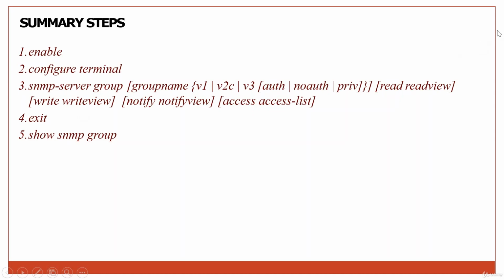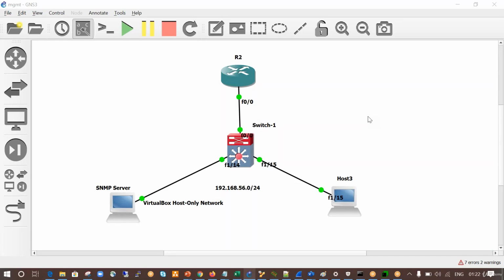So let me quickly log in to the lab devices, and let's perform the lab task related to SNMP. Here you can see the lab setup. I have a switch, actually all these devices except this SNMP server. The SNMP server is my local system where I have put the SNMP server. And then I have this host, which is nothing but a router, made to display as a host, a laptop or a PC. These are connected with Ethernet ports to the router, where I'm using the Ethernet switching capability.